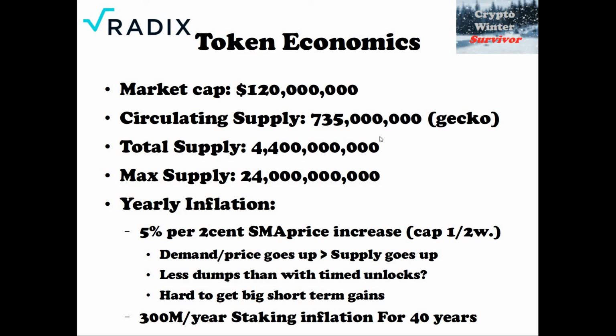But then again, there's going to be less dumps probably than with timed unlocks. I mean, if you have people getting like 25% of their tokens after half a year or after 3 months or whatever, a lot of the times they're going to dump that shit. And in this instance, they have no incentive to actually dump their coins, because then the price is going to drop and it takes longer for their next release to be received. So they have incentive to not dump the price basically. So yeah, I think it's a lot better than the timed